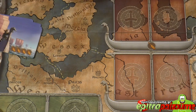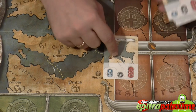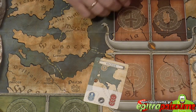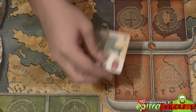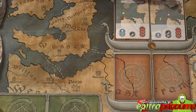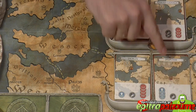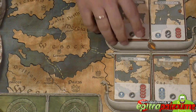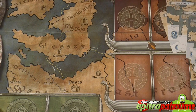There you go. These are some of the raid cards that go on these spots here. This is the raid deck, and these spots here will be filled in gradually over the course of the game with the different places that the Vikings can go and start doing plundering and raiding and getting stuff. Different iconography again, and then last but not least,